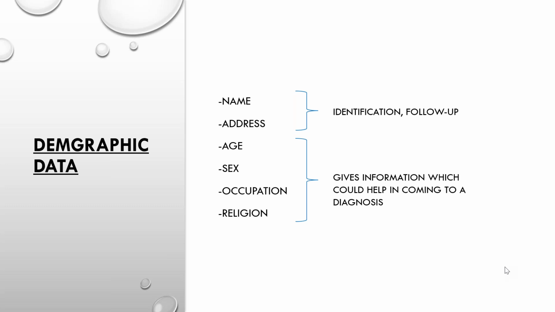Then coming on to the occupation, this also could tell you a lot about the etiology of the disease, or the risk factors of the disease that the patient has presented with. Again, for example, cataract. They tend to be earlier in patients who work in a very heated environment. There is this hypothesis that patients who work in blast furnaces or brick kilns or mines tend to develop cataracts earlier. But that's obviously not the only cause. It could be a risk factor for the causation.